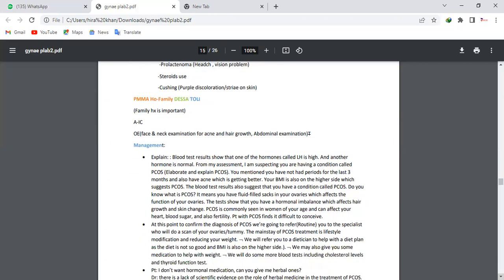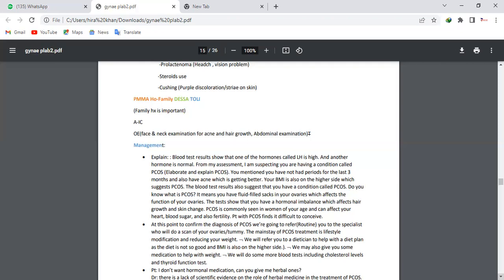Now, the very good way to explain the results is they give you a picture and they will give you a page in which the test results are mentioned. What you're going to do is, actually, I'm really sorry, I cannot show you my video, but you can simply put the paper in your hand and show the patient: well, Sarah, as you can see here, this hormone's normal value is this, but your hormone level is raised, and the second one is this and its value is also raised, as you can see.